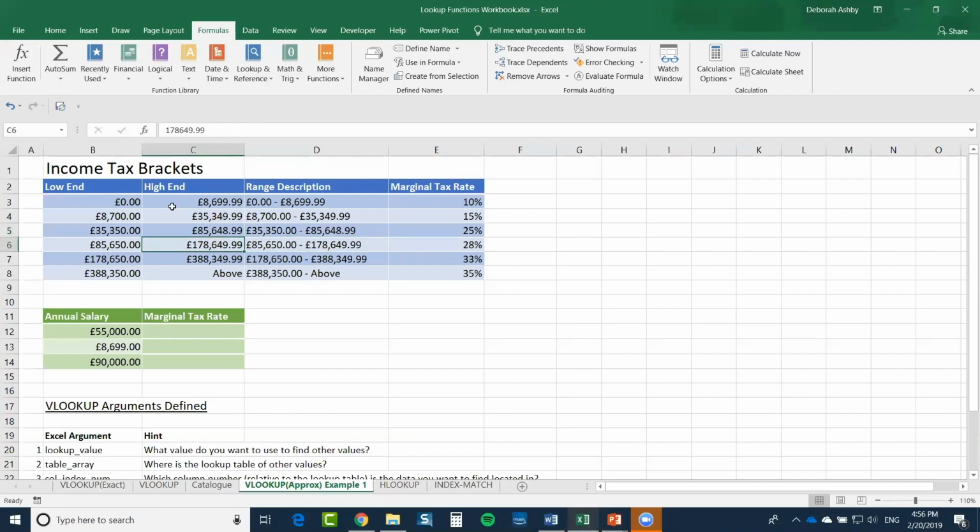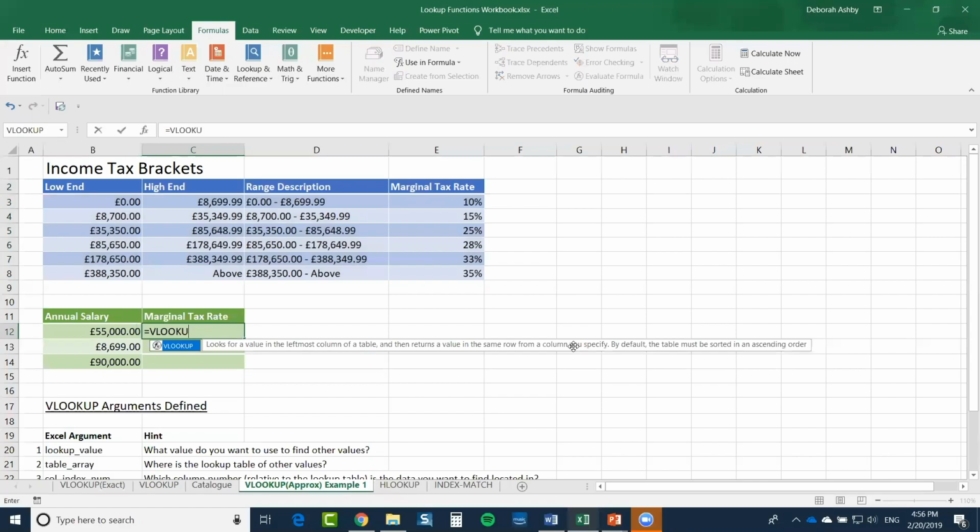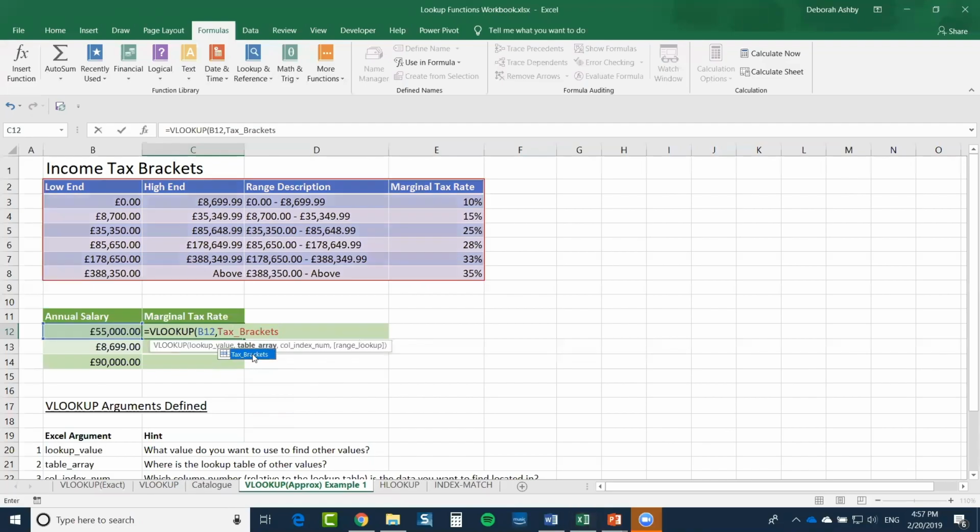So again, what I'm going to do is name my little table here. So I'm going to highlight it, it's a bit easier. And I'm going to call this table tax_brackets. And I'm going to come down here and we're going to do our VLOOKUP. So equals VLOOKUP. Our lookup value is still this, okay, comma. Our table array is our tax bracket table, so I can start to type in tax, and there it is,